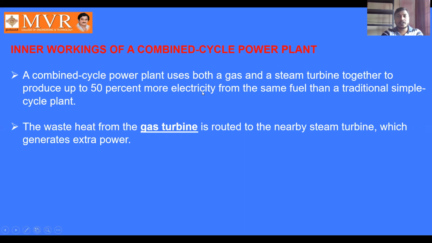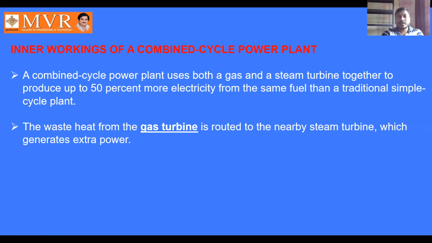more electricity than that coming out of the gas turbine alone. For generating 50% more electricity, we are going to combine the gas as well as the steam turbines together to produce more electricity from the same fuel than a traditional simple cycle plant. Means we are using the same fuel, and by using the same fuel we are going to get 50% more electricity by combining gas and